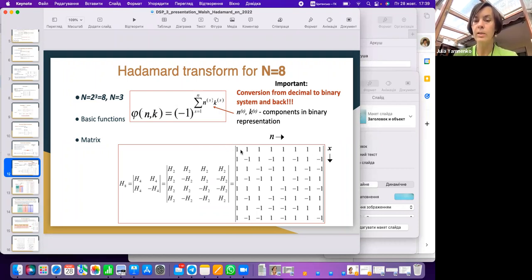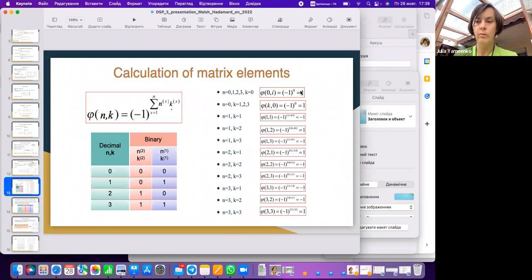Totally 8 elements, and all of these elements are equal to 1. So this is the first row and the first column. All others are calculated in a similar way, but here there are no more zeros. We have 1 and 1, 1 and 2, 1 and 3. Because N and K could take all the numbers from 0 till 3, and actually there are totally